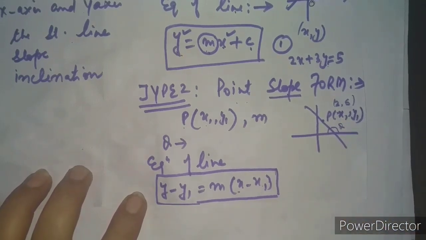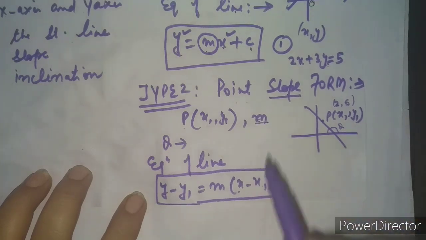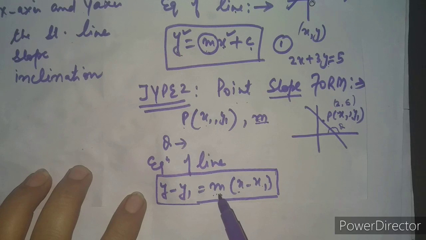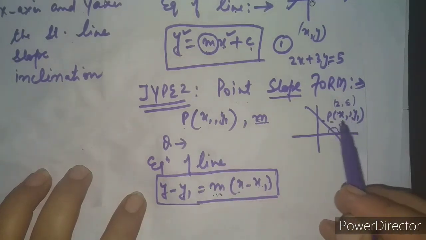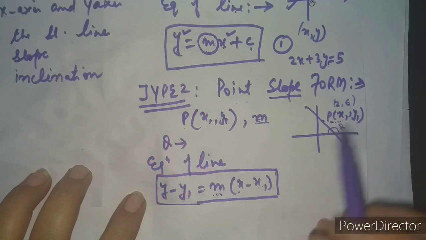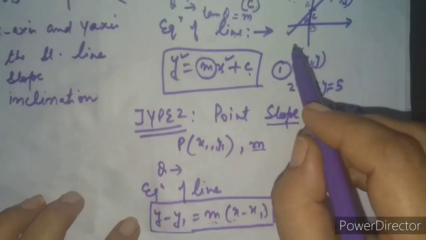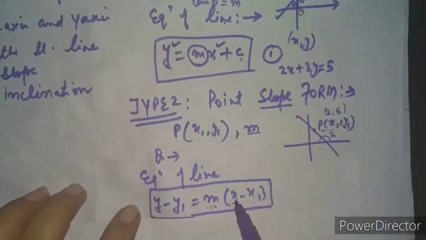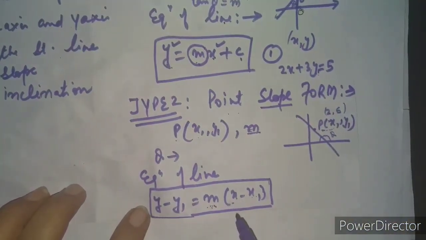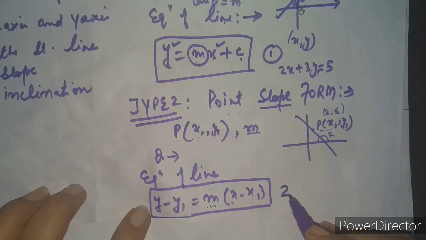Now see which things we are going to replace. First of all, m means the slope will be given to us. I will put the value of the slope here. Then x1 and y1 are the values of that general point which will be given to us. Now the second thing is, what about this x and y? X and y will appear as they are, just reminding you of the same thing which I told you earlier. X and y are not to be replaced by anything. X and y will remain x and y only.